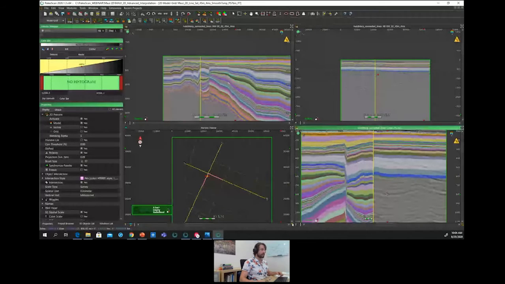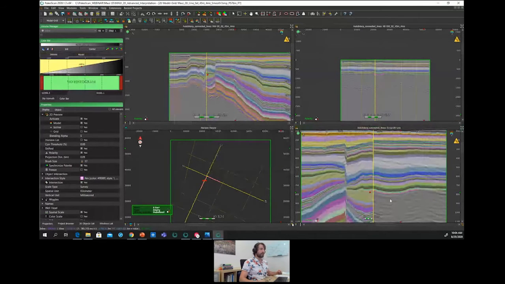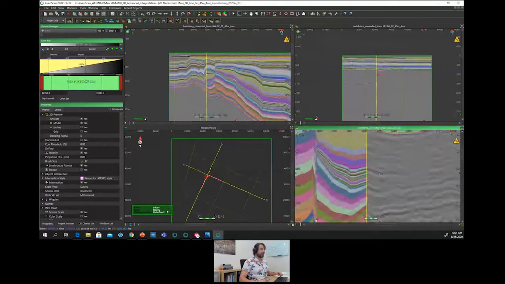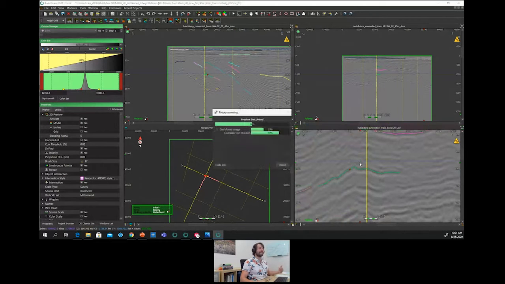We can extend the interpretation toward this level, like that. So I mark the horizon, and I just have to preview the model. To preview the model, we need to either activate or deactivate the preview thanks to the properties window, or we can use the shortcut T.